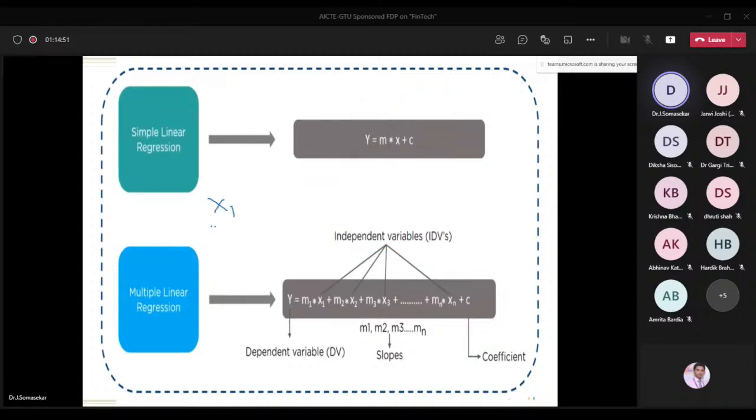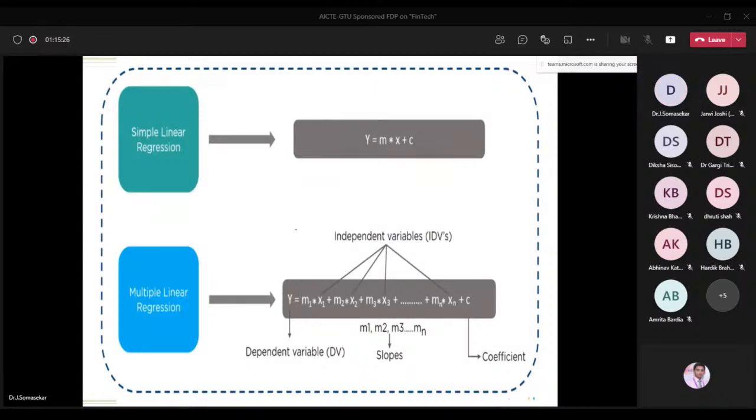Suppose we take x1 and x2. Independent means there is no relation. If x2 and x1 are not independent, then x2 may look like x1 squared, or 2x1, or 5x1, or 5x1 cubed. This we can call dependence. In this case, x2 we have to eliminate. We have to ignore it in the pre-processing step for further processing. That is the main thing. So all of x1, x2, up to xn should be independent. Otherwise you won't get accurate results.